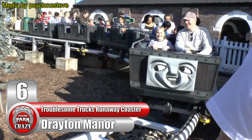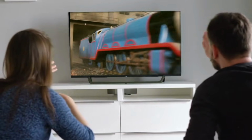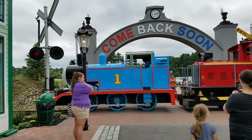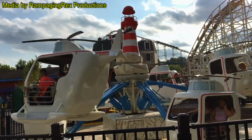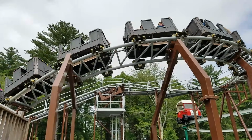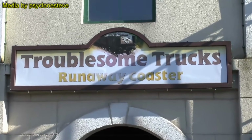Number 6. Troublesome Truck's Runaway coaster at England's Drayton Manor. Thomas and Friends is one of the most cherished children's shows of all time. Naturally, the show's success would lead to a wide variety of theme park attractions based on it. You can find Thomas-themed lands at parks like Pennsylvania's Kennywood, Massachusetts' Edaville, and England's Drayton Manor. The latter park features the next coaster to make this list,